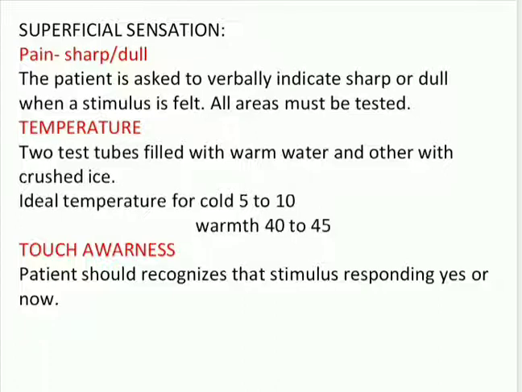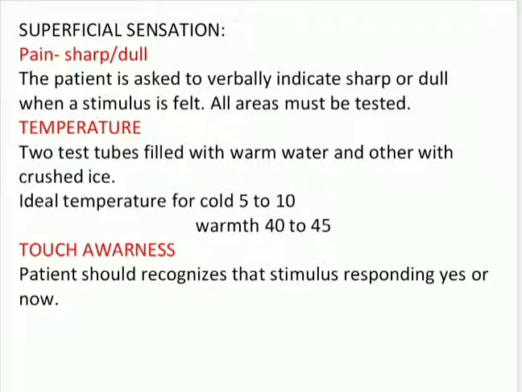First we need to ask whether the pain is sharp or dull, with the help of the end of a knee hammer, checking all areas of the patient. It might be the face, the hands, or the lower extremities, the legs. You need to check all the areas with the end of the knee hammer, whether sharp or dull, and the patient responds that it is sharp or it is dull.